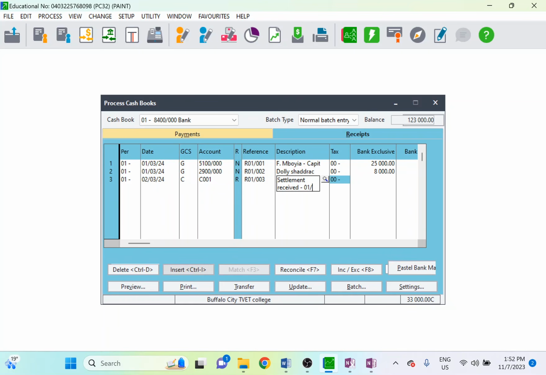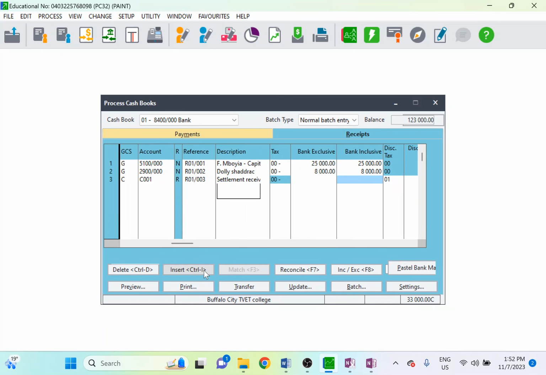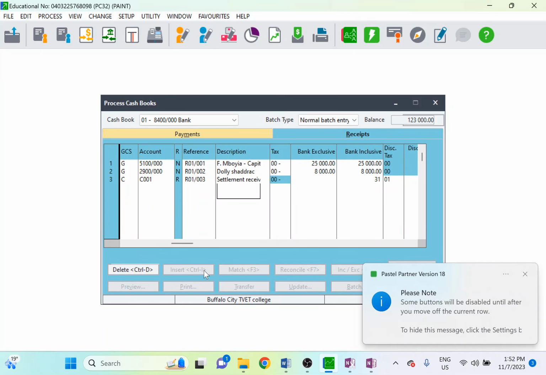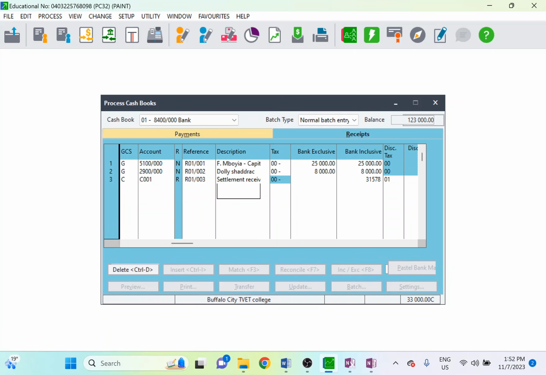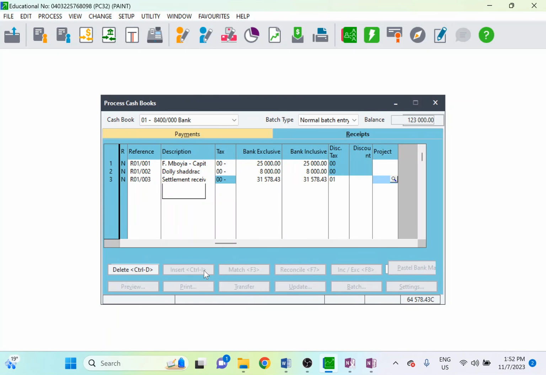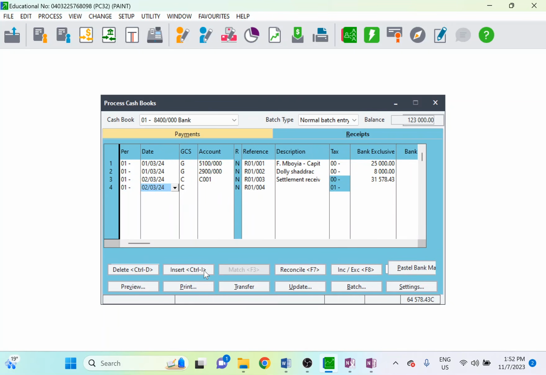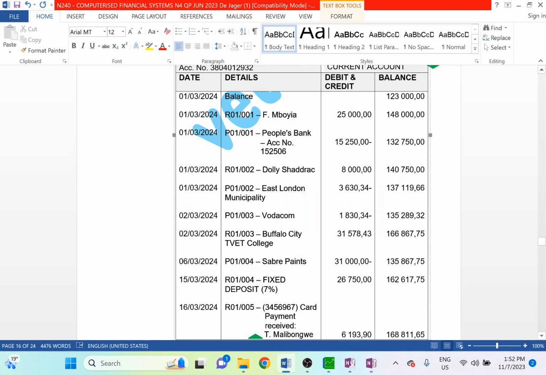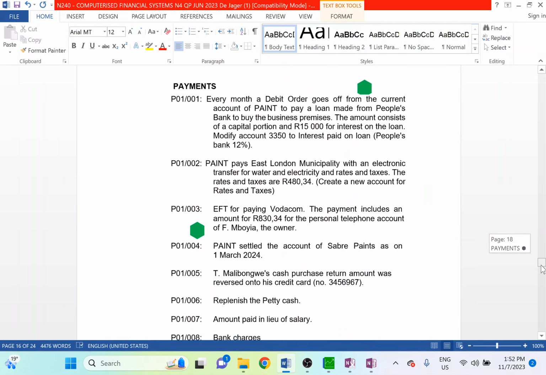Remember to record the date 01/03/2024. Total amount 31,578.43. No discount. Next transaction 004,